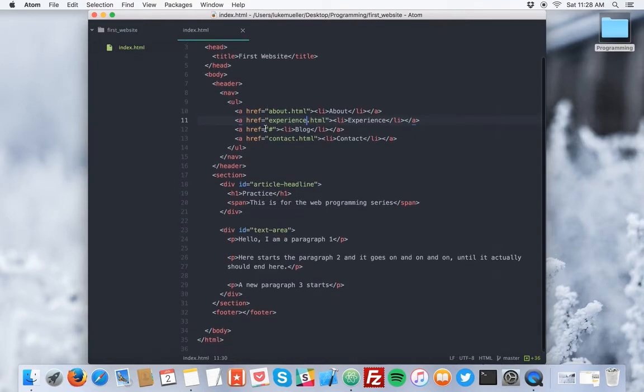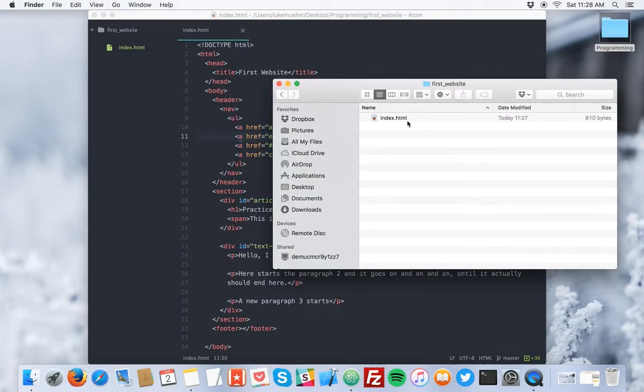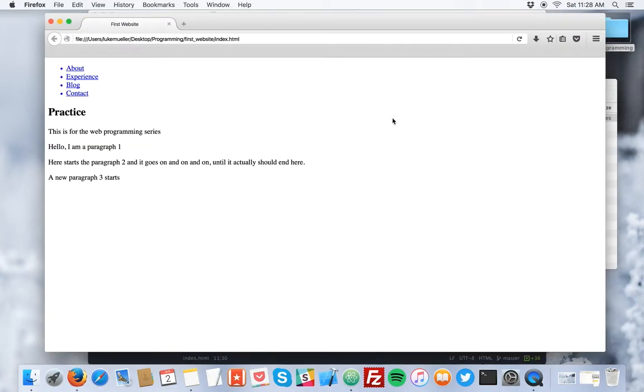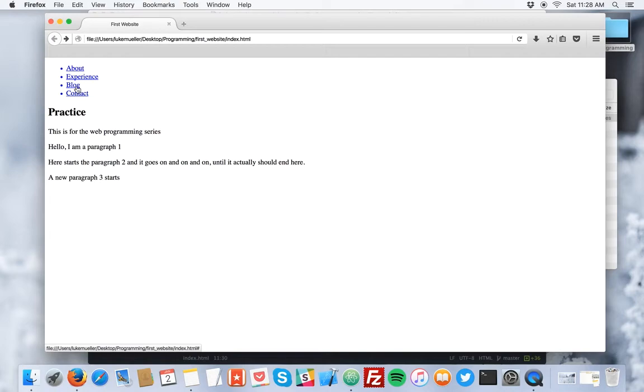Okay, so now that we have that, let's check out if it actually works. Yeah, it works. You see we have clickable items. When I click that, you see file not found. Of course, we haven't created it yet. And let's click blog. You see nothing changed. Here is a hashtag now, but the page is still the same. And practice actually is the headline that we used. This is for the web programming series. Hello, I'm a paragraph 1. Here starts the paragraph 2, and it goes on and on and on until it actually should end here. And new paragraph 3 starts